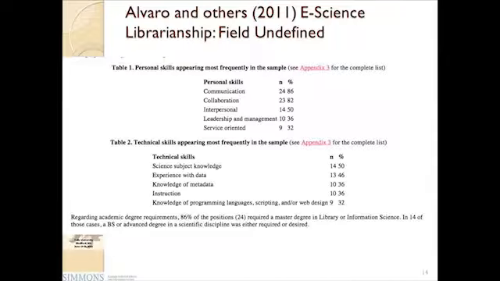And so it was quite interesting to me to see communication up at the top and collaboration up at the top and interpersonal skills up at the top and leadership, because I would agree with that. I think those are skills that you're looking for in the person who has these skills. We tend to think about it, well, you need to know Xena, you need to know this, you need to know Fedora. But in reality, maybe these skills are more important. The IT skills, again, science subject knowledge, which I would agree with, data and metadata, being able to teach, and then knowing some scripting or programming languages.